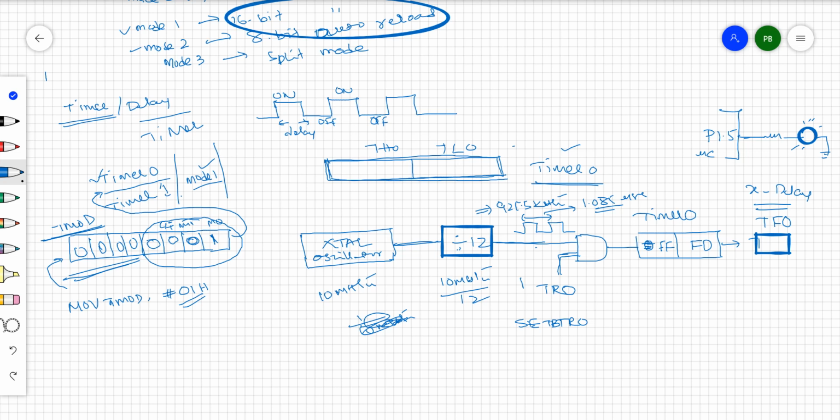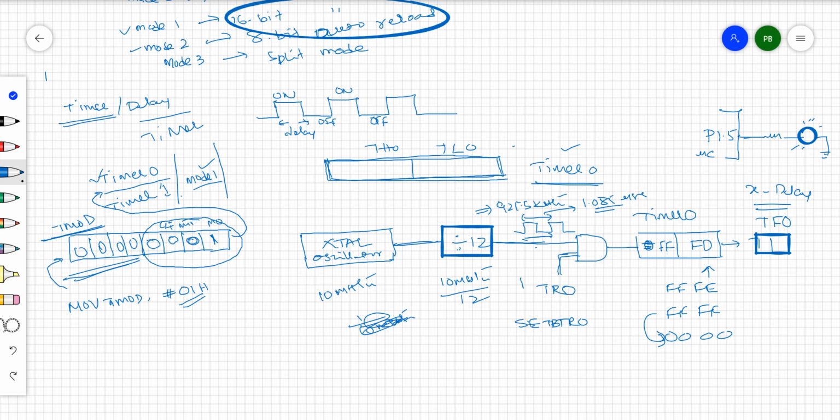Then only with respect to this particular clock, for every one time period, the value present in this particular timer is going to be incremented, right? It's incremented to FFFE for one time period, then FFFF, then it's going to overflow, right? That means in 3 T states, it is going to overflow. Once overflowed, the flag is going to be set. That is going to be taken care of by the controller, right?